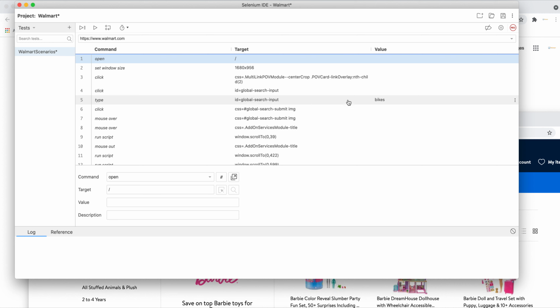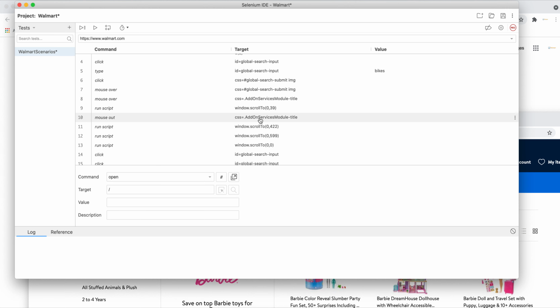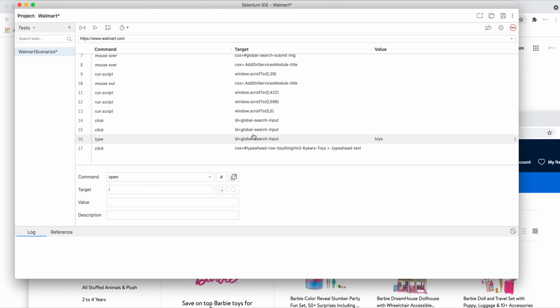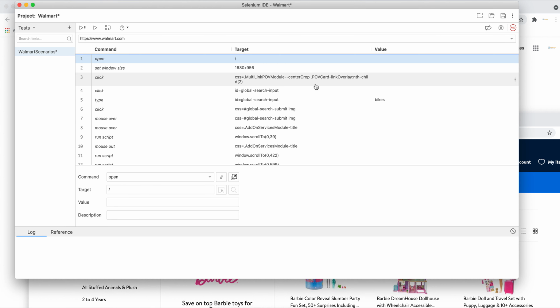After that we entered bikes. Then one more click, mouse over, run script, mouse out, run script, click. Again we searched for toys, and finally we clicked on the toy search option. So this gave us the history of our execution.